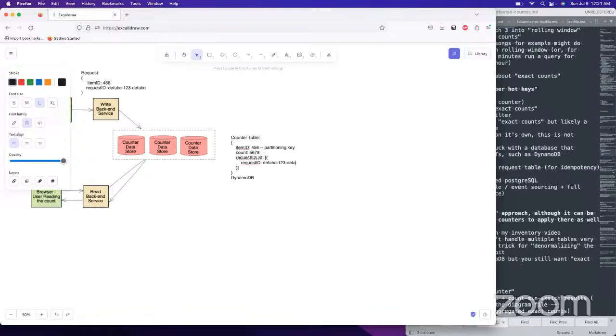Then it's like, how do you do this later cleanup thing. So when you first write it, you stick the request ID on that item ID. This is how you make it idempotent. And you'd also increment the count while adding that to the list.